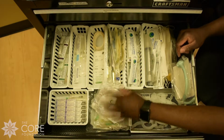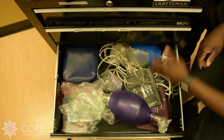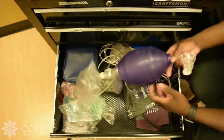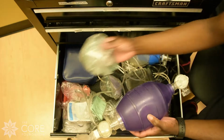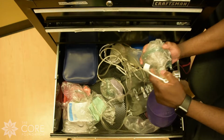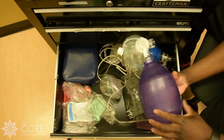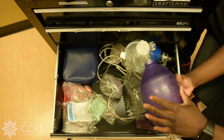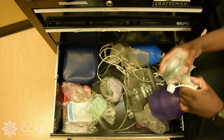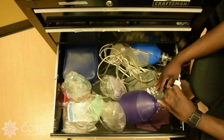We also have some IV lines. Next row. Whenever you hear the phrase "bag 'em," this is what this means. In here, you have a little oxygen port that goes in here. What you do is place this over the patient's nose, and then slowly pump some air into them. Okay, and then you also have your